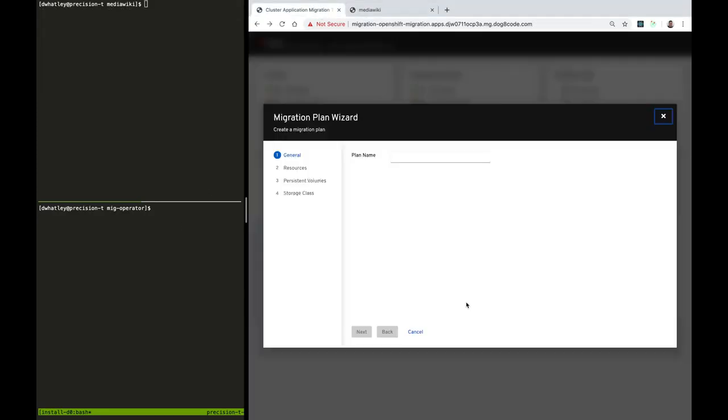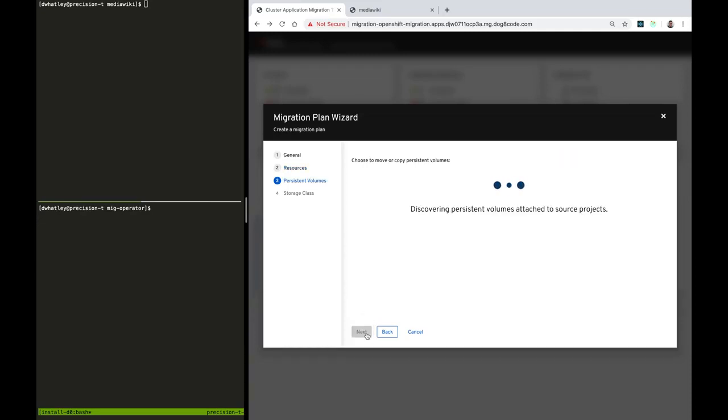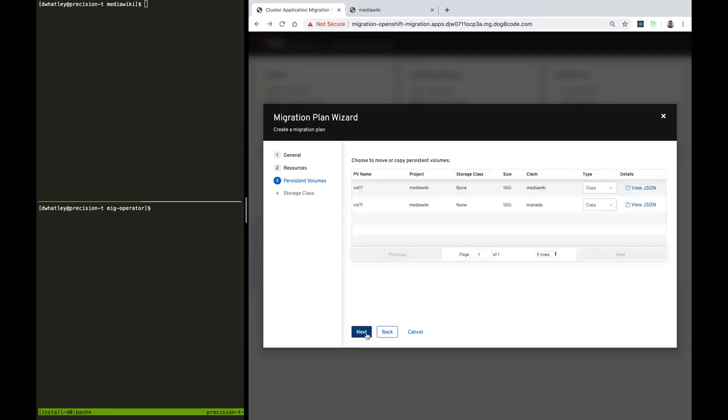So we go back to the migration web UI and let's add a new plan, a migration plan, and we're going to describe that we want to migrate the MediaWiki app that we just displayed from the 3.10 cluster to the host cluster using some Noobaa S3 compatible storage. We'll select the MediaWiki namespace like you just saw, and then the migration controller is going to discover all of